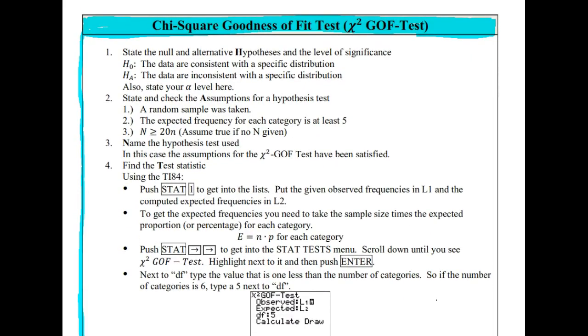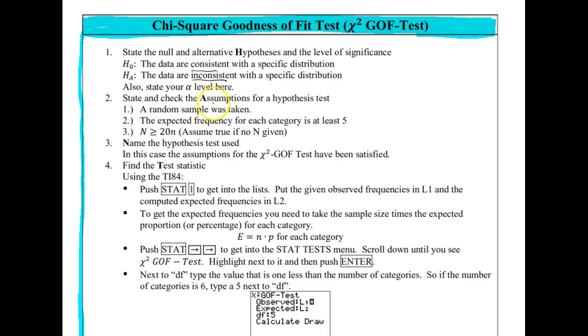Once again, we're going to have a hypothesis test, but there isn't going to be a population parameter here, which means in the hypothesis there's not a population parameter either. So these are also just going to be all words. We're going to say that the data are consistent with some specific distribution that's stated in the problem, and the alternative is just going to say that they're not, so it's inconsistent with whatever distribution has been specified. And we're also, again, going to state our value of alpha.